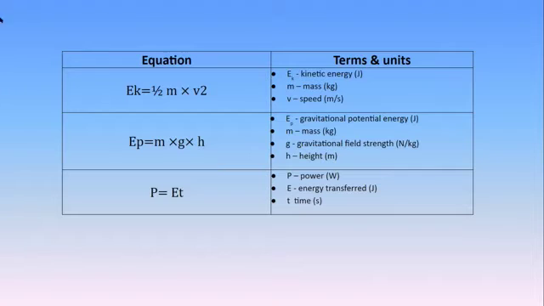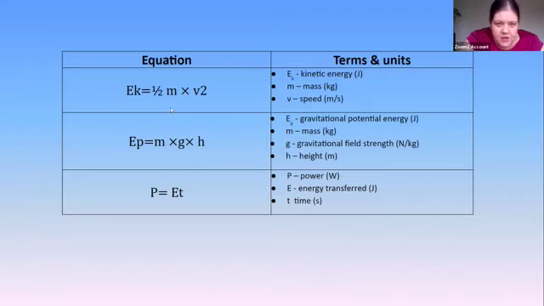We have the equations on the left. So for example, this one here, which is kinetic energy equals 1/2 m times v squared. Two sheets will be provided for you. One will have the equations listed like this, just with the letters and blanks on this side, and the other one will have what you can see here. I think there's about 15 to 20 that you'll need to learn. I am not suggesting you try and learn them all in one go, because that would be insane. But the more that you can learn, the better it will be for you, especially equations like V equals IR, that one comes up all the time.